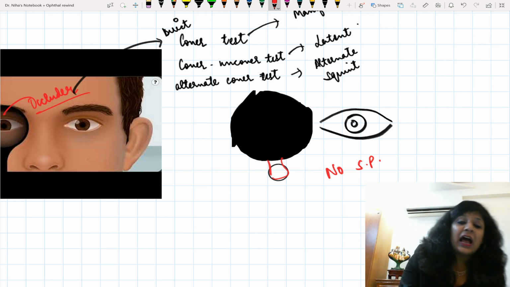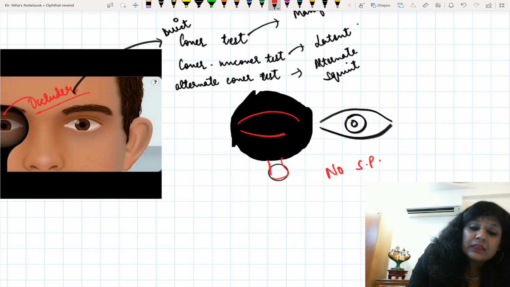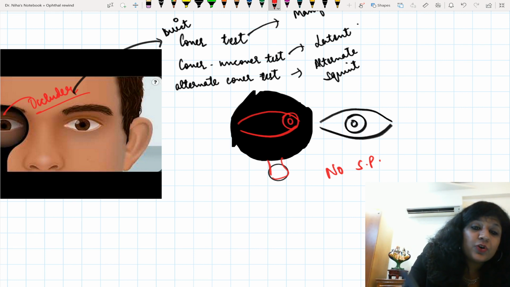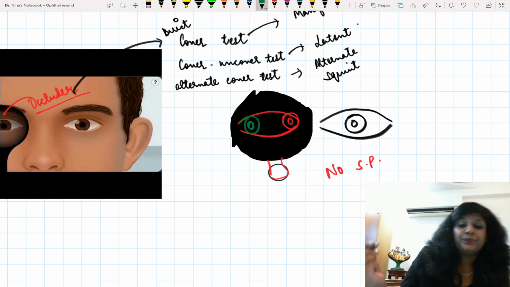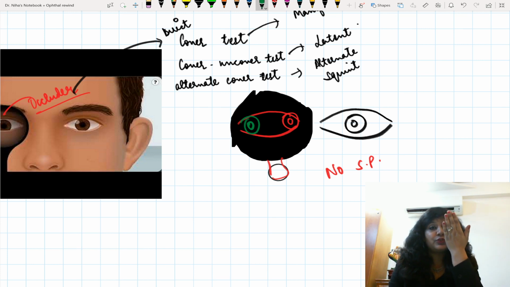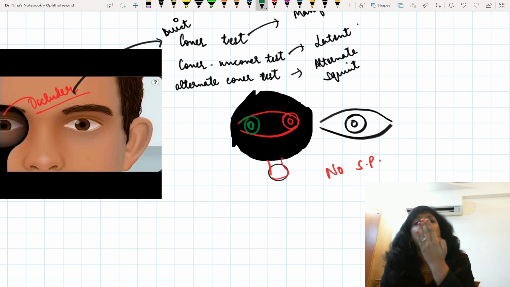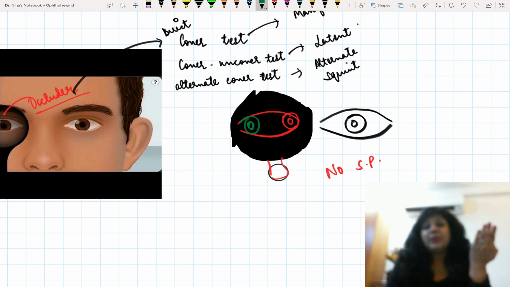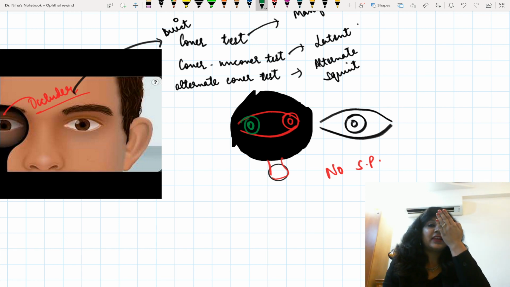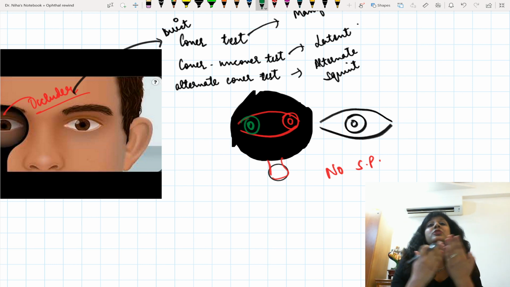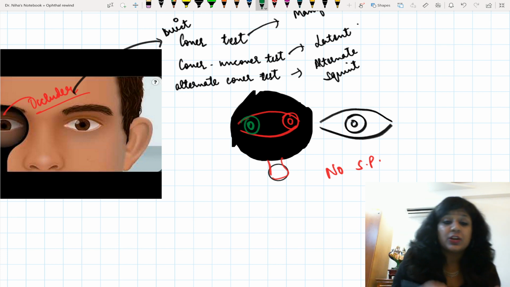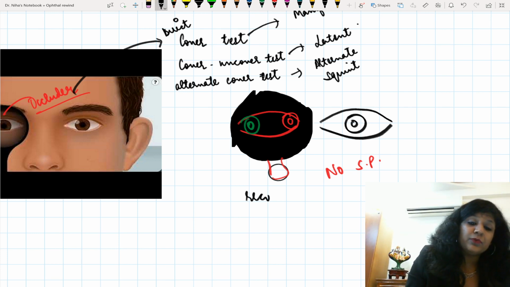So this person's eye will now deviate, and this can deviate either in the ESO or in the EXO direction. Under the cover, because we have broken the fusion, the eye has taken either ESO or EXO. Obviously we are not able to see it because the eye is covered, but it has taken it. Now as soon as I uncover it, again there is simultaneous perception, again there will be fusion, and this eye will come back to take its original position. This is called the recovery movement.